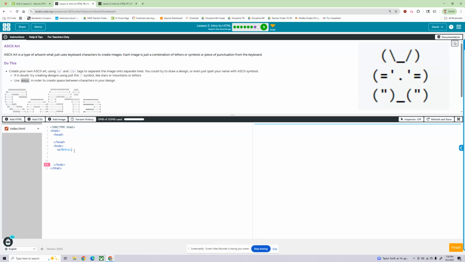And then I'm going to go ahead and start making those bunny ears. So parentheses and then backslash, backslash, underscore, forward slash, forward slash. And then we need to end that paragraph. And there's my bunny ears. Next line,